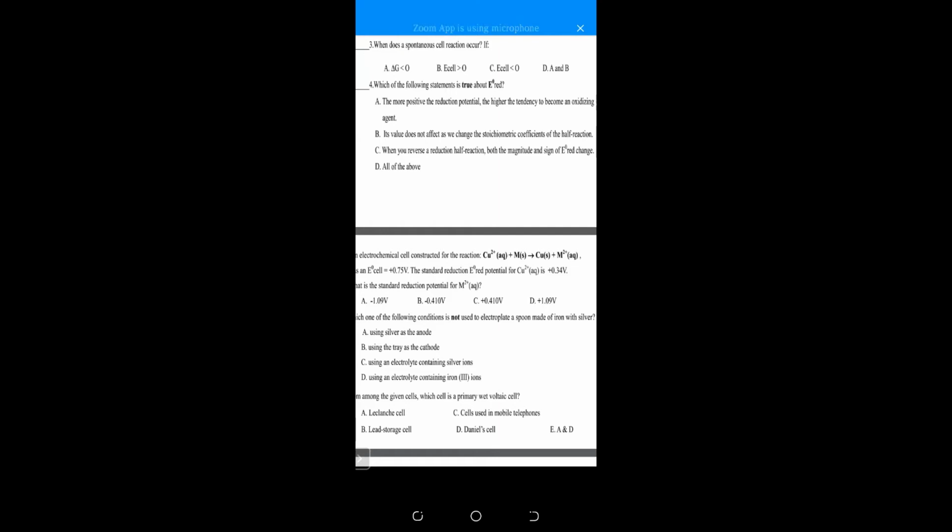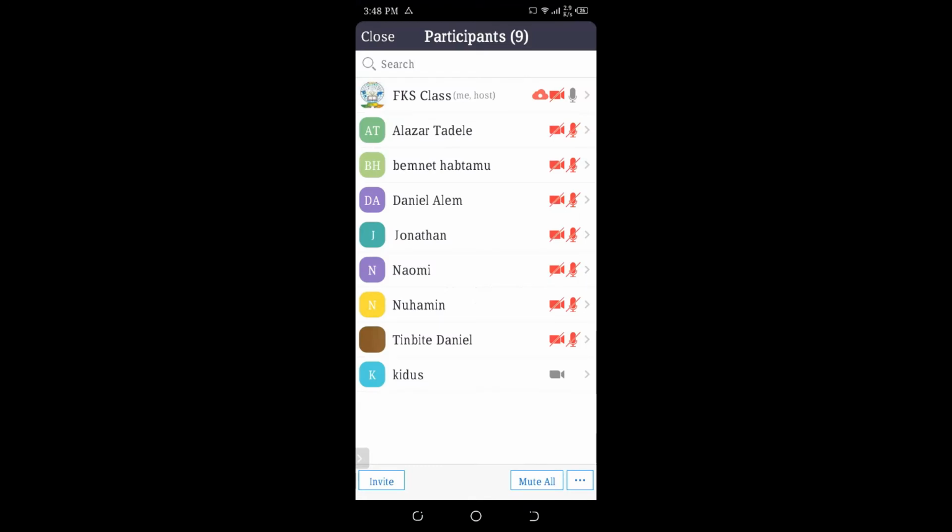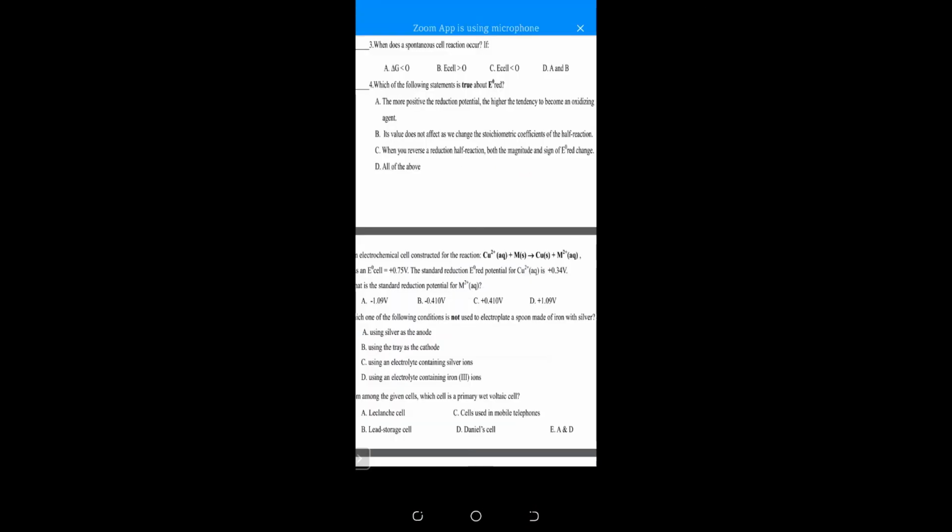Is it intensive or extensive property? ኢንቴንሲቭ ነው አይደል ተባባልነው። ስለዚህ ኢንቴንሲቭ ነው ማለት stoichiometric coefficient doesn't affect the value, intensive ስለሆነ ስለዚህ ቢ መልስ ነው።